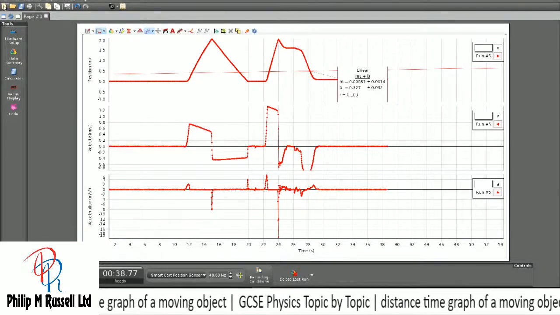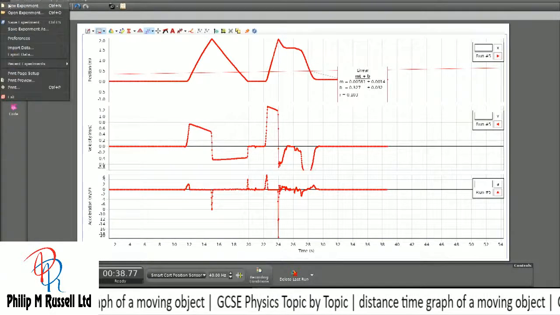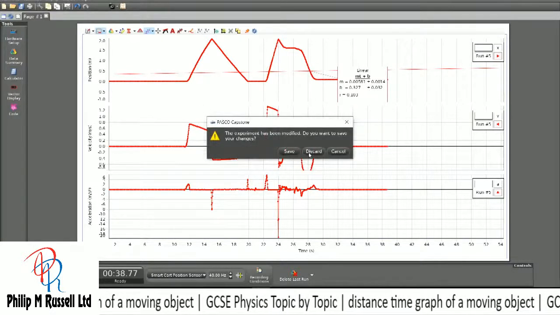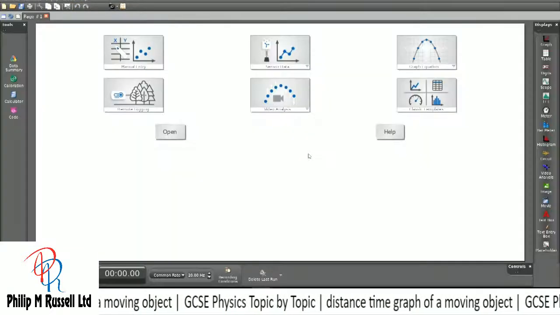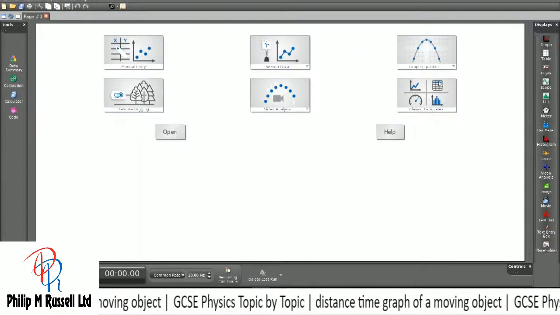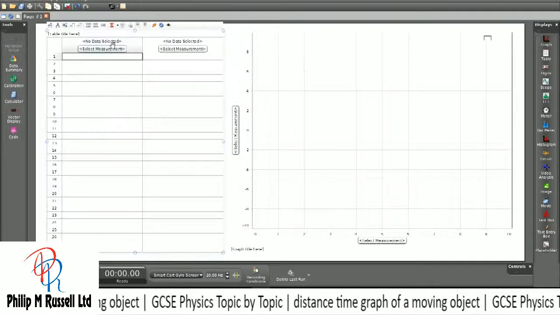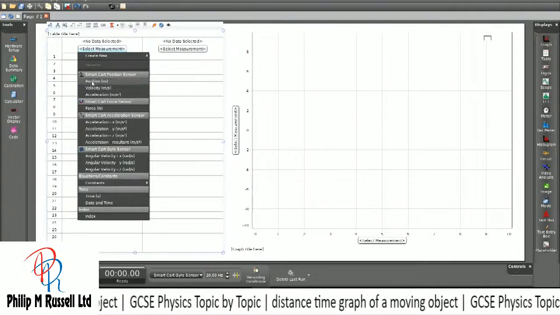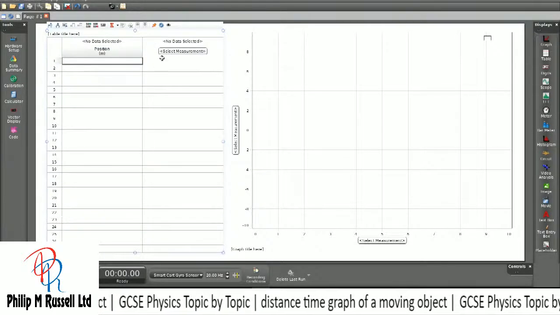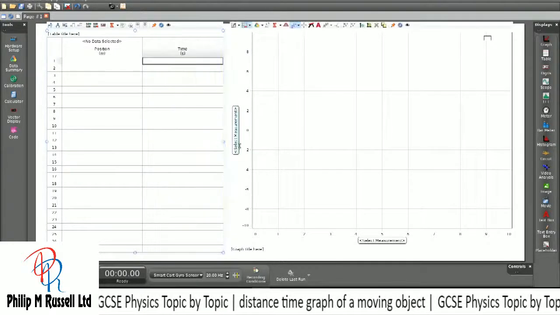Right, let's do a new experiment. So I'm going to do File, New Experiment. I'll discard that data, I don't need it. And let's see what we're going to do. We're going to look at a very simple one. I'm going to record here the measurement. Let's record just the position, and I'm going to record that against time, and